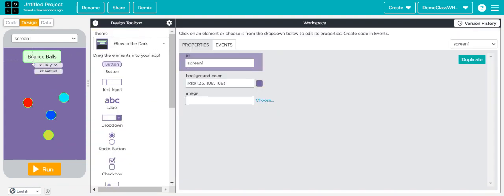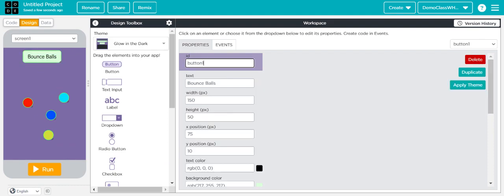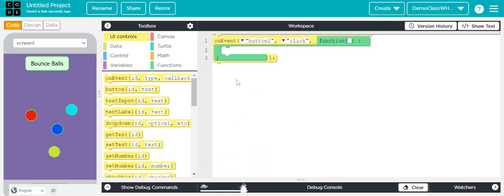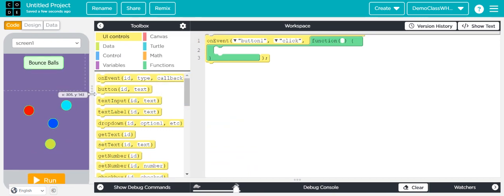If you are confused, click on the bounce balls. See the ID button one. Go ahead, change the ID to button 1. That means when button 1 is clicked, I want all these balls to move randomly on the screen